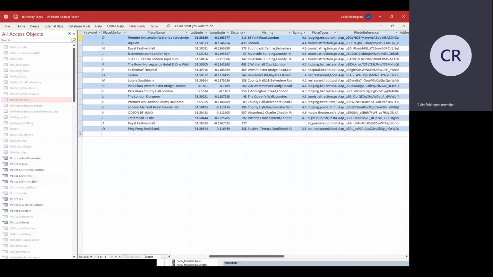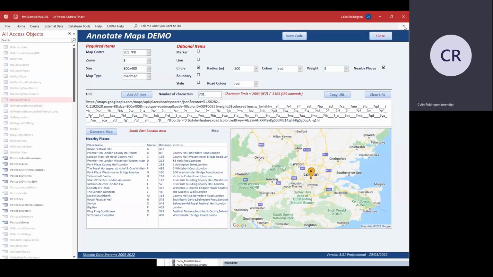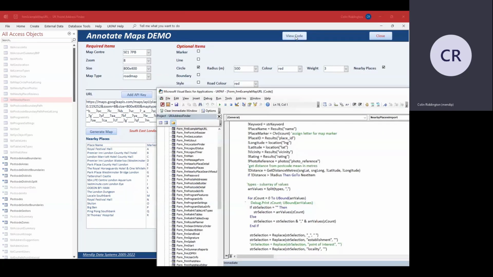Some of these things are within Google, the things like the photo reference and so on, etc. So I'm using information that's there and adapting it for my own purposes. So I think I have covered nearly everything. There's just a couple more things I want to do very quickly before the end, and that is mention that